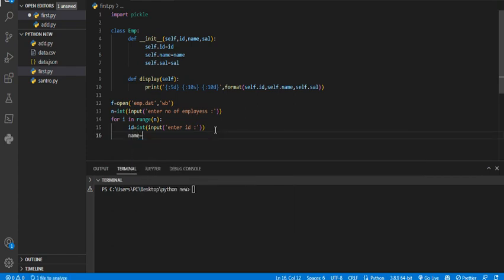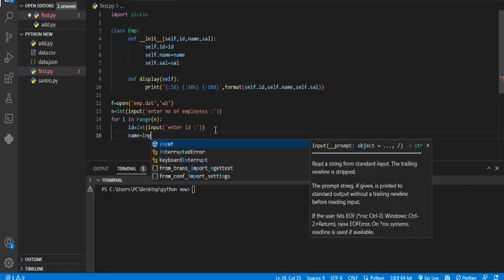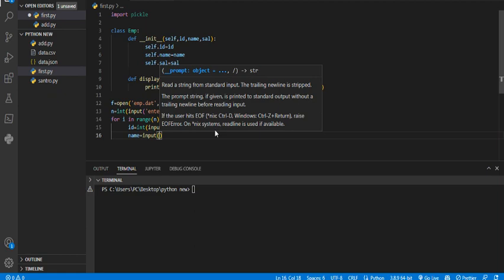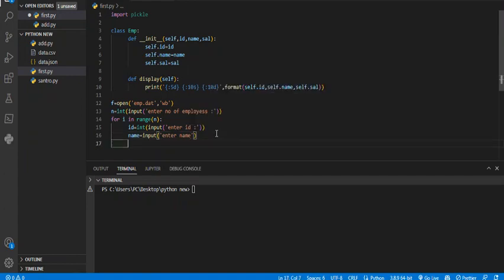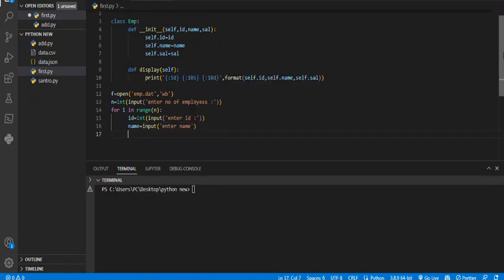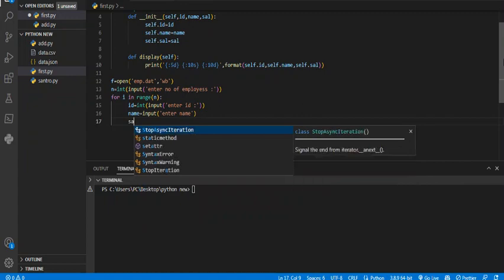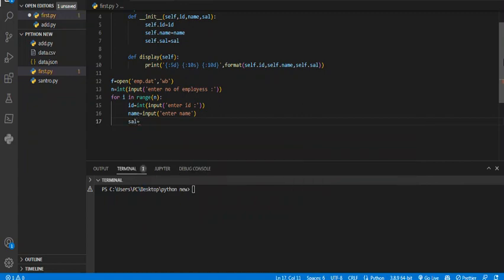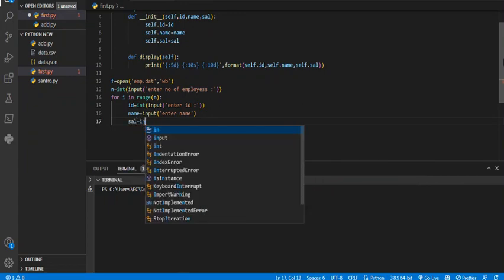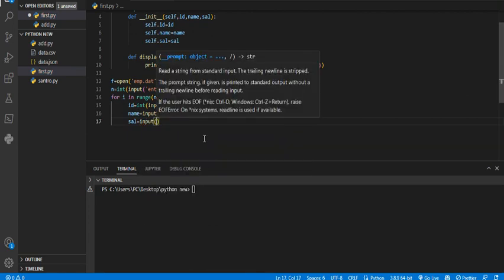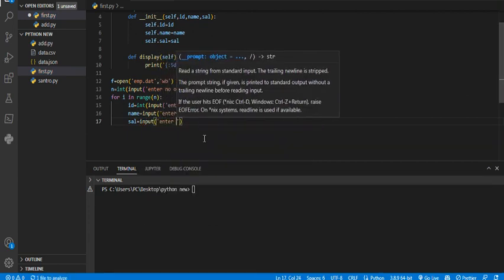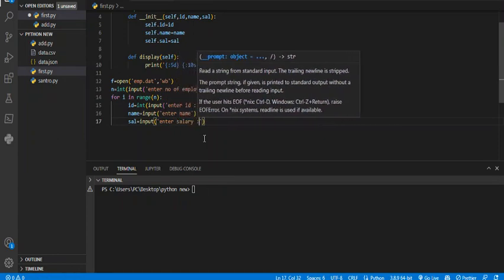name = input("enter name"), sal = input("enter salary"). Okay,